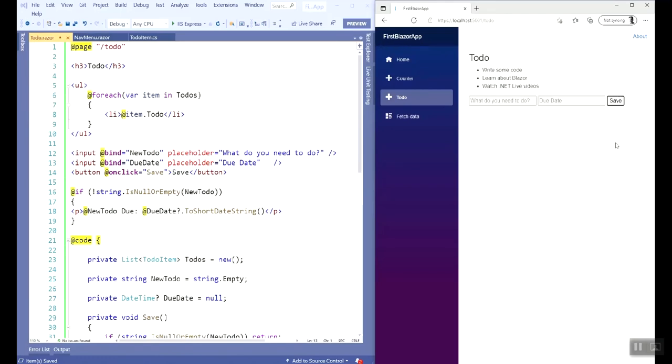Now, I've added another section here that will actually reflect the information for the to-do about to be created below the Save button. So as I type in information here,